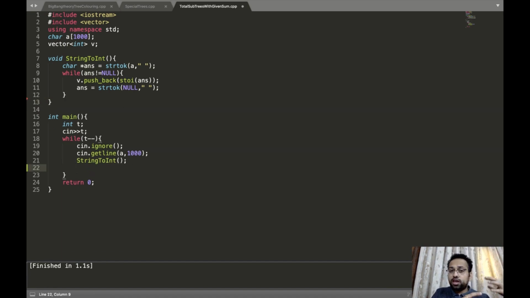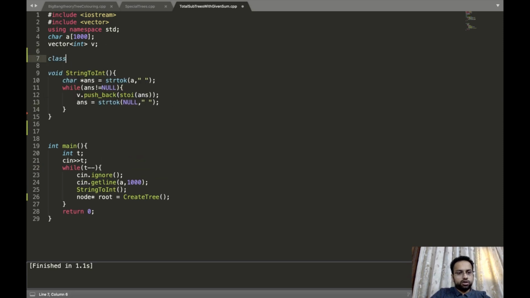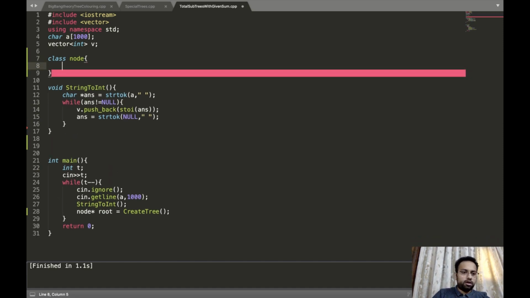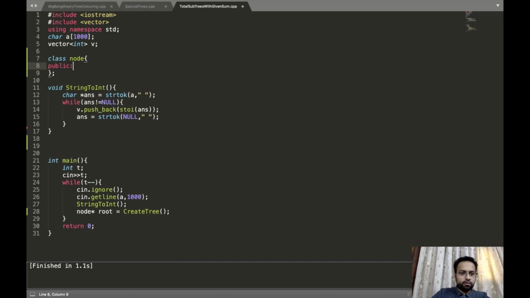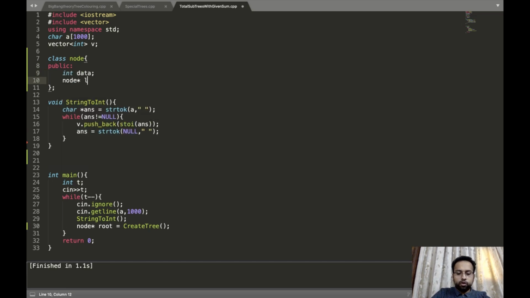The next thing is to create the tree using these integers. So I'll write Node* root = createTree. Alright, so we will go to the function which is createTree. So we need to have a node first so that we can create a tree. There will be a data and there will be two pointers, left and right.